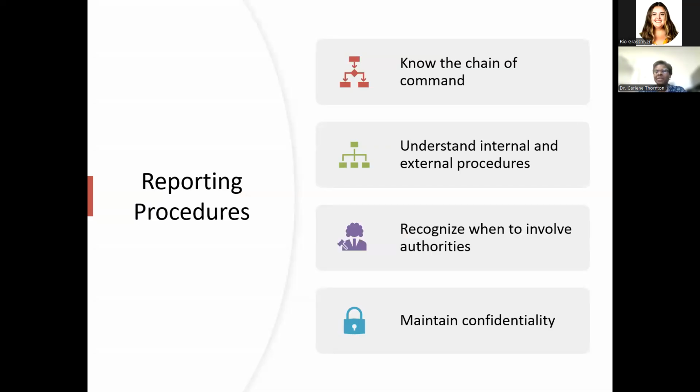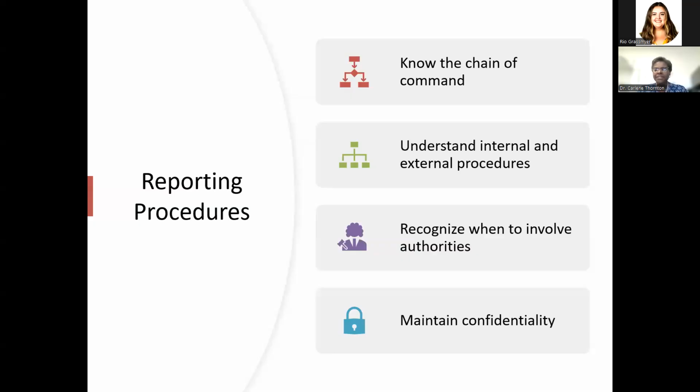Know the chain of command within your organization. Know where your Title IX officer is, where your ADA compliance officer is. Are they located in HR? Do you have an outside legal department that you go to? Know the chain of command, know the proper reporting procedures, so that when it happens, you're not finding out then, "Well, what do I need to do? Who do I need to go to?" which delays the reporting, because we have to protect the victim.